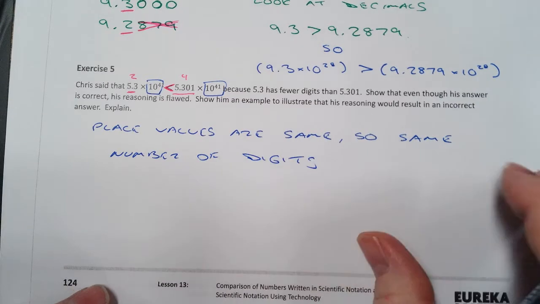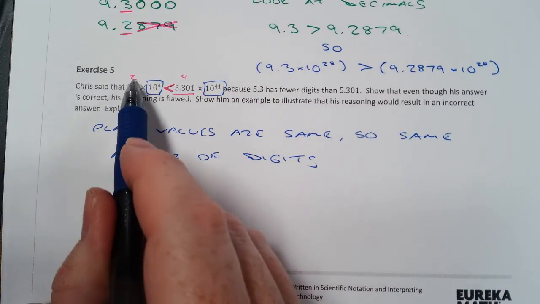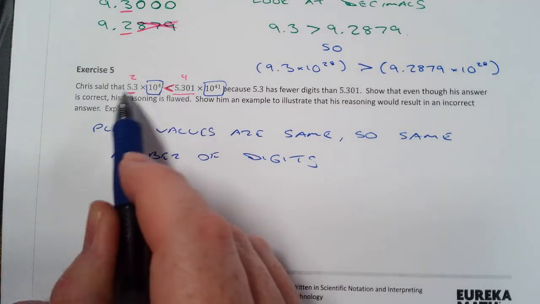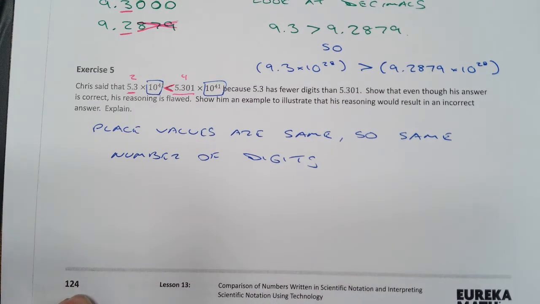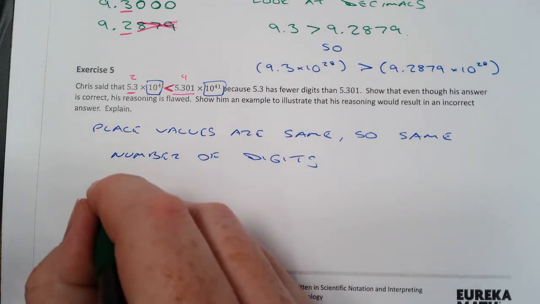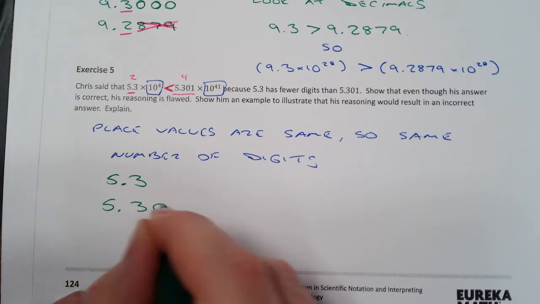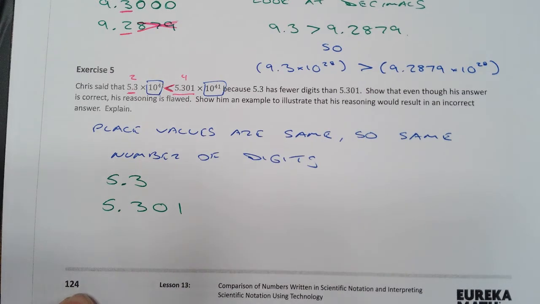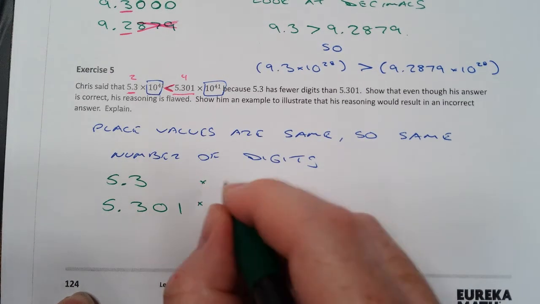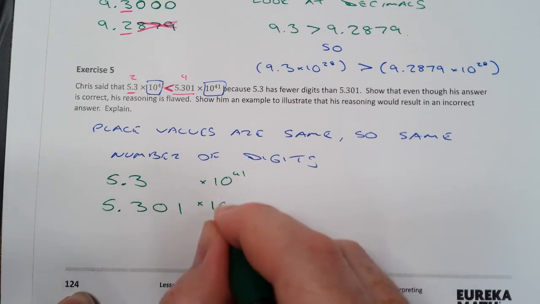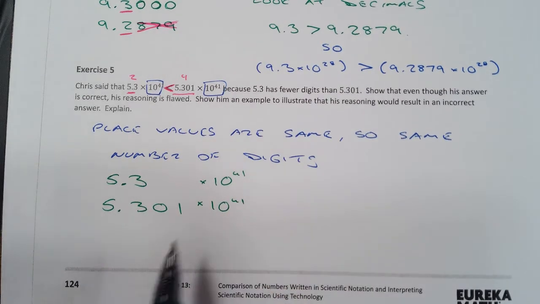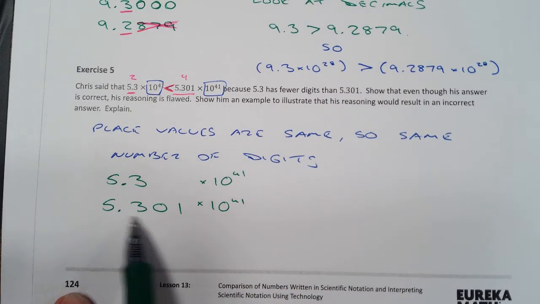You cannot say this one has 2 digits and this one has 4, because after a decimal, you can keep adding place values. So he saw 5.3 and he saw 5.301, and he said, oh, well, this has more,